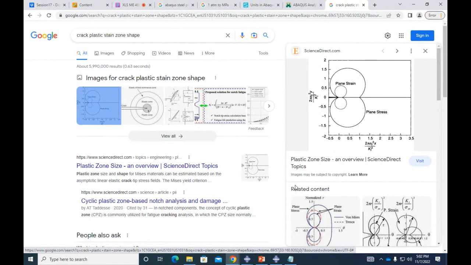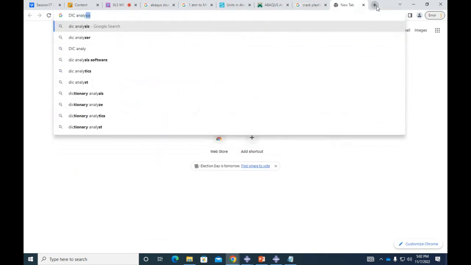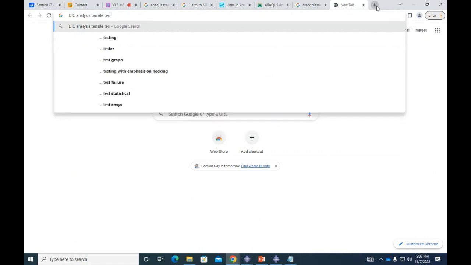There's some way of tracking your tension specimen, and then you can plot deformation on top of that. You can do that experimentally with something called DIC analysis, a tensile test.